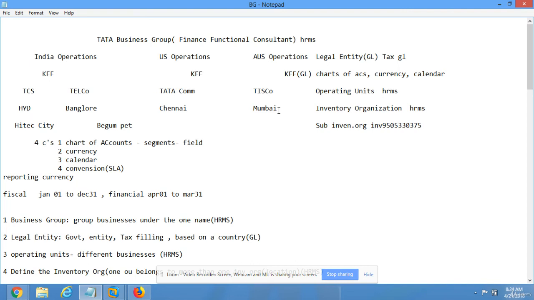Inventory is the item master organization. In one inventory, we can have more than one sub-inventory. Whatever the sub-inventories are within the inventory, we always have to keep the item at sub-inventory level after creating the item. If you want to create a new quantity, or move the quantity from one inventory to another inventory, or from one sub-inventory to another sub-inventory, at that time we are going to create different types of transactions. The transactions are called sub-inventory and miscellaneous transactions.